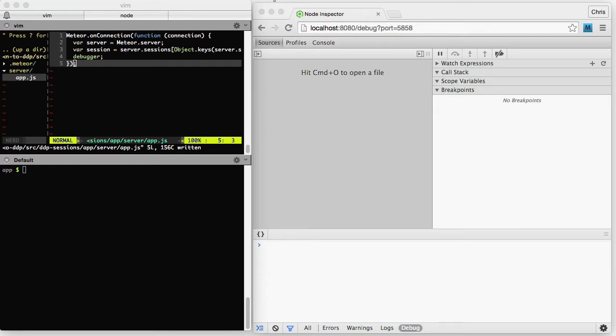I've got the Node Inspector Chrome Debug Tools on the right, and I created a simple application on the left, and it's just a server app. What it does is register a callback that will get called every time a new client connects to the DDP server. And then I've gotten a reference to the server and then the first session that is in the sessions object. So this will drop us into the debugger right here,